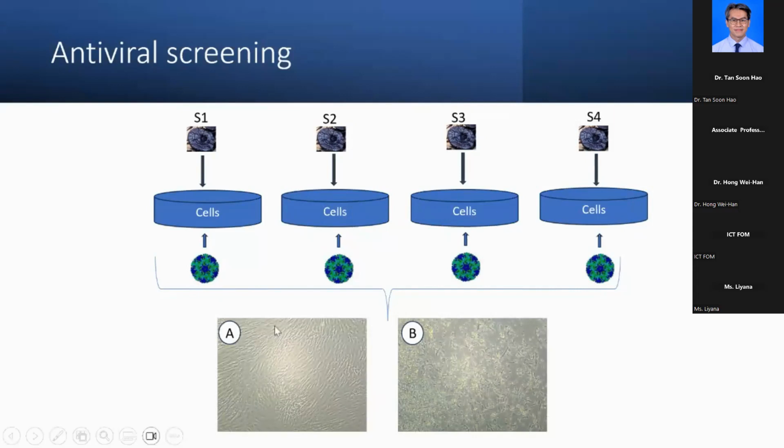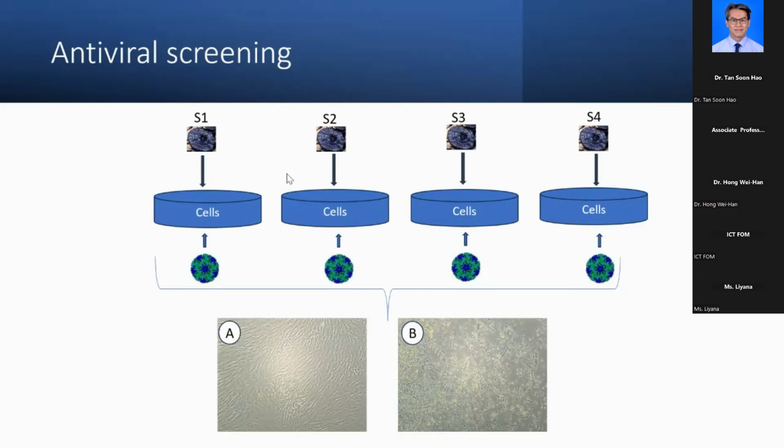Based on cytopathic effects, we will determine which extract shows the highest protection level before we check their basic mechanisms, how they prevent infections. Is it blocking the viral attachment to the cell receptor? That's why we need to know how the virus achieves infection in the first place. Or is it inhibiting the virus replication when it has entered the host, or the extract itself has some effects on the cell receptor that the virus uses?